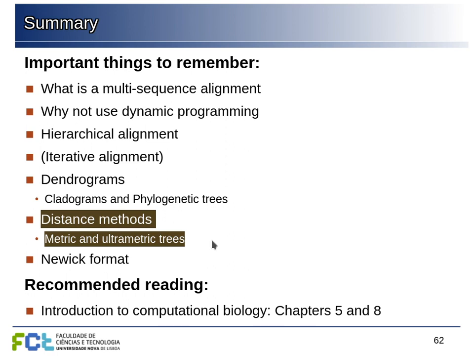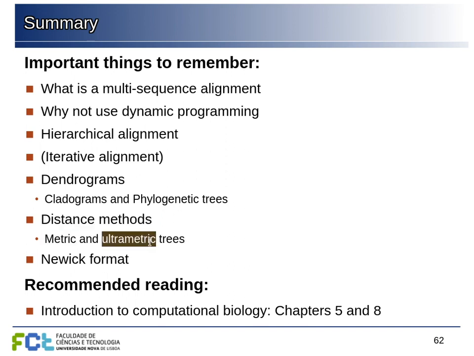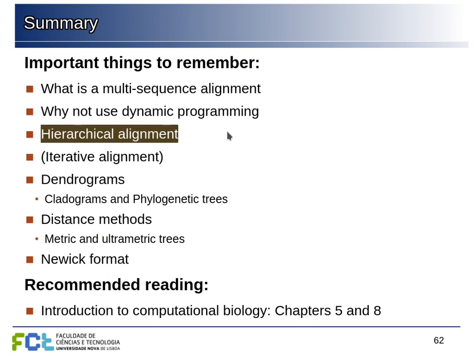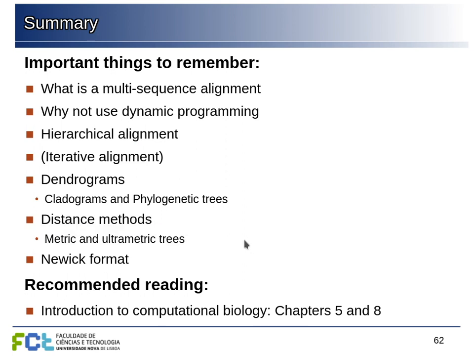And we're going to see this also in the next lecture, because we use these methods both for creating the guide tree for the progressive alignment, and then we can use the alignment to obtain better distance estimates in order to create a phylogenetic tree. So chapters 5 and 8 cover these subjects, and I recommend that you read them. And in the next lecture, we are going to look into more details on how we can implement some basic versions of these algorithms.